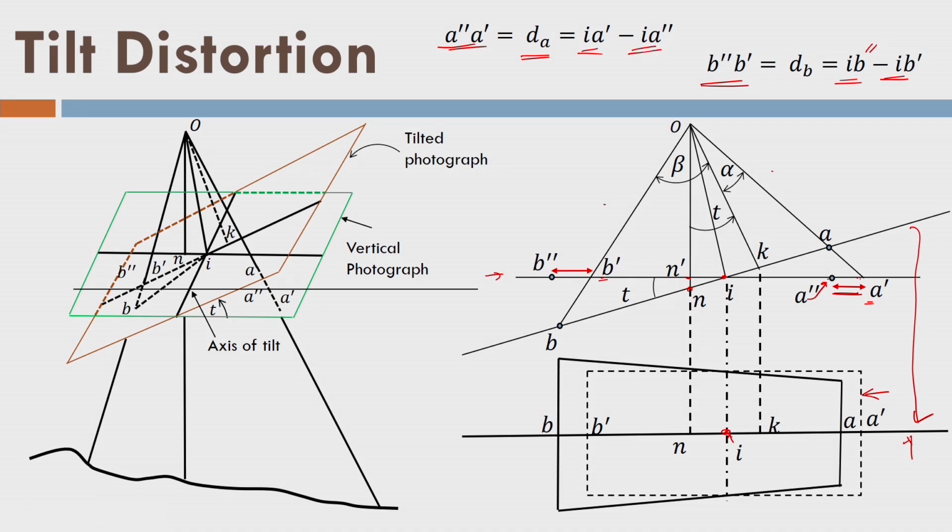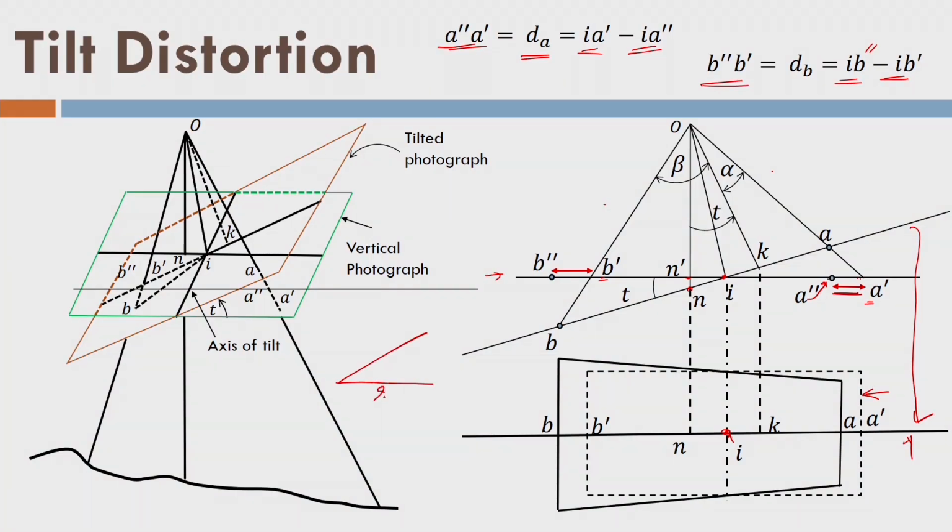Because of the rotation, this distance IB is equal to IB double dash. We have not projected the point B onto the vertical photograph, rather we have rotated it. So, it is kind of this effect. If I have a radius R here, if I rotate by some angle, then it will again go here and this point will go here in a circular arc. So, this distance is R and it is also R. The same thing I am doing here.